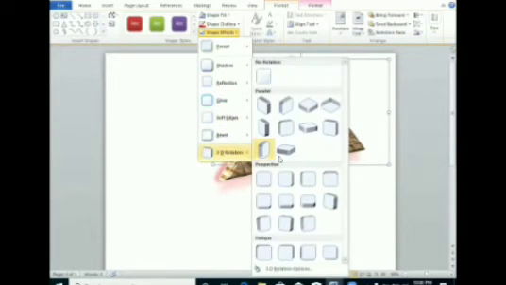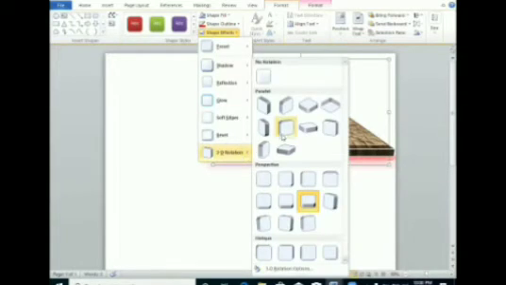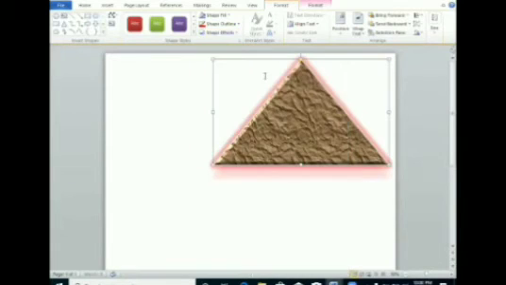If you want to rotate it in the 3D form, you can see here different rotations are here. Here, this is called shape effect. Wherever you want to rotate it in the 3D form, you can use it. If you don't want to provide any rotation, just click on no rotation.